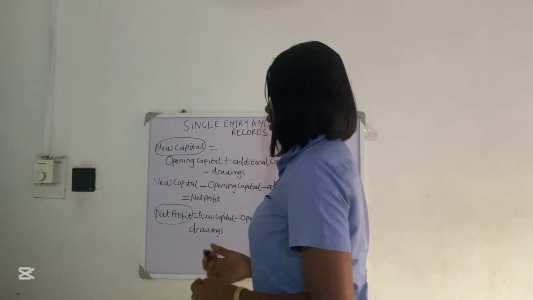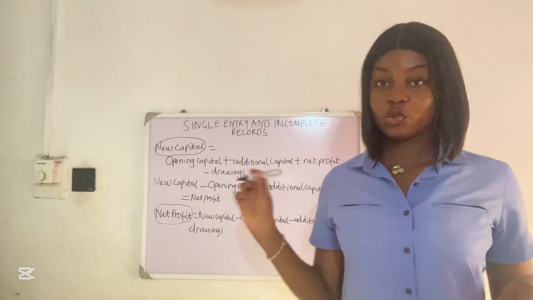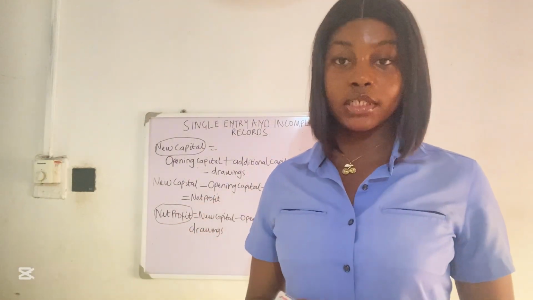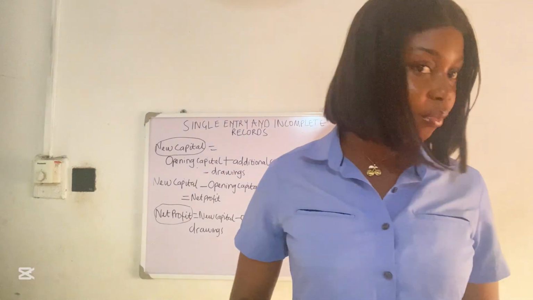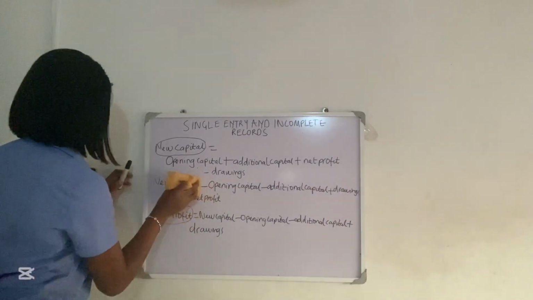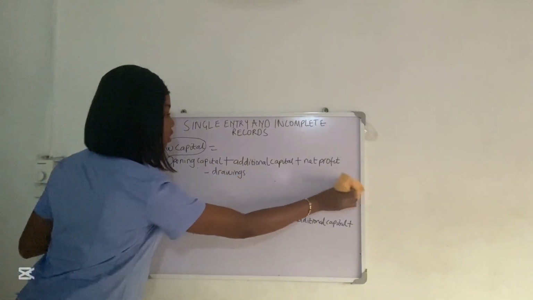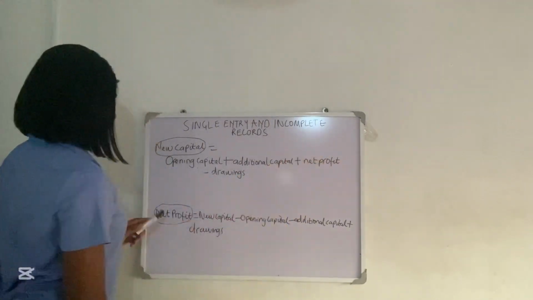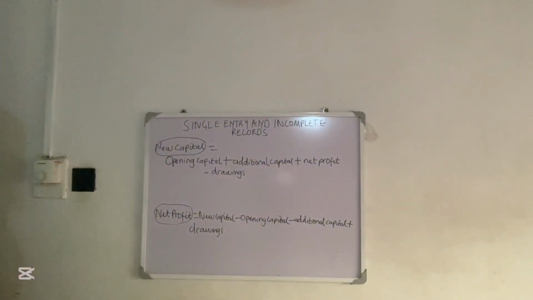They are very essential. If we know these two formulas, it's going to be very easy for us in finding single entry. Let me rub off those two. These are the two formulas we need. You guys see my poster? These are the two we need. Get me? So let's try and